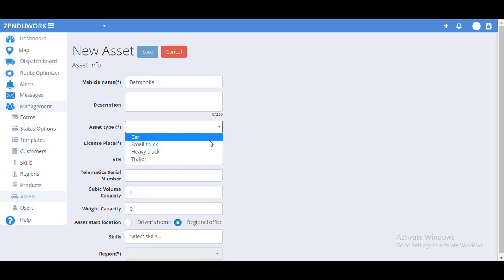The main difference here is when you optimize a route, you will be able to get different routes depending on the type of car. For example, all heavy trucks cannot go on small residential roads. So for the purposes of our video, I'll just type in a car, and I'll type in the license plate number,